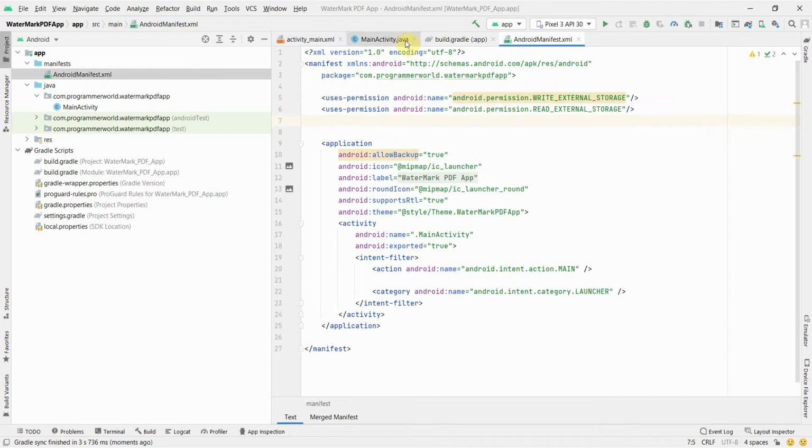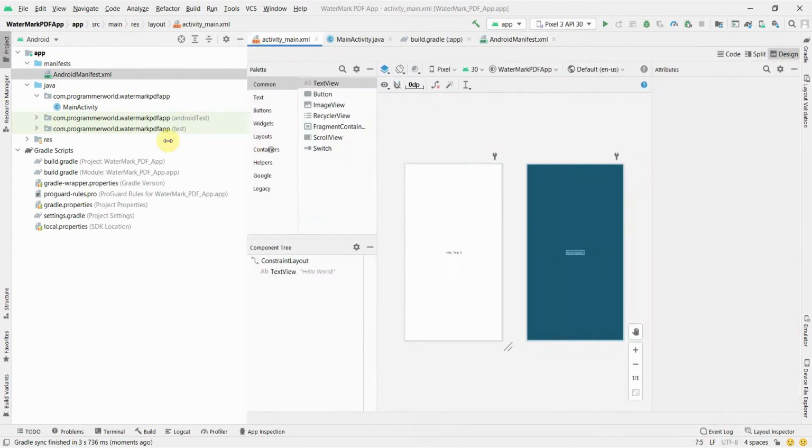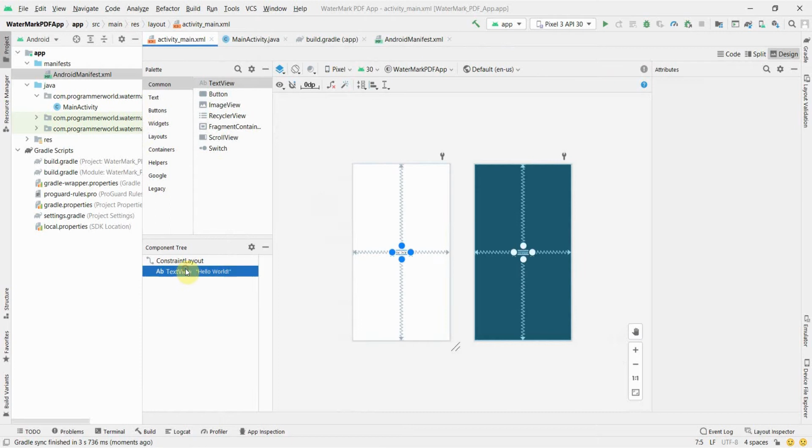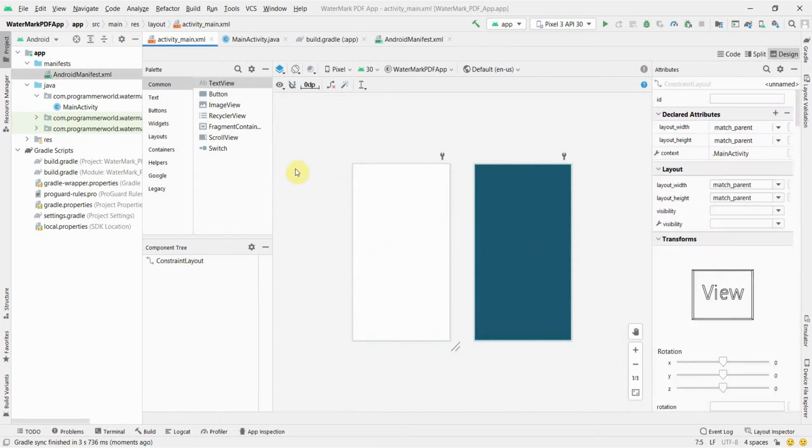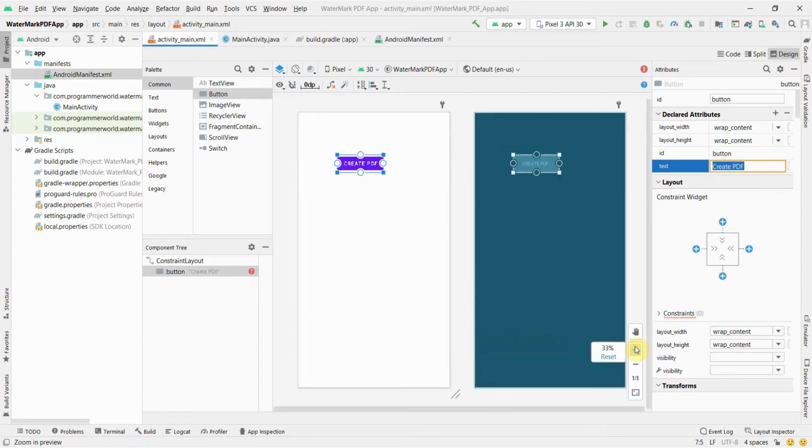Perfect. And in the design part, in the XML layout, we'll not use the default text view which we get. We'll just keep two buttons. One is to create a PDF, so I'll name it create PDF, and the other one I'll just zoom in so that you can see what I'm doing over here.